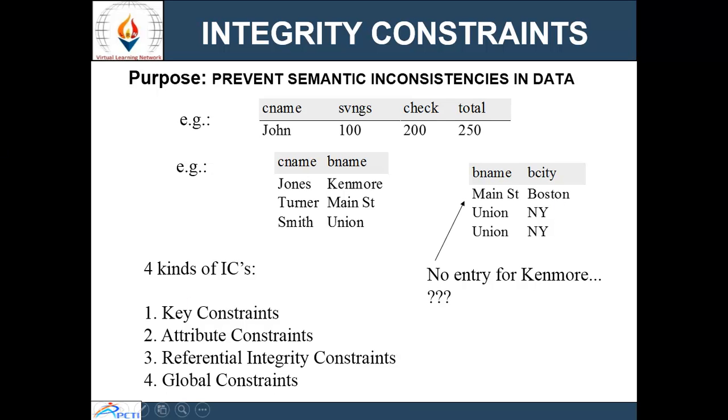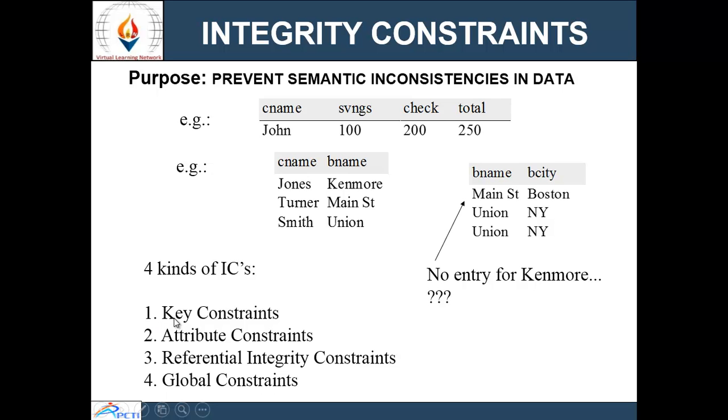For example, if we have CNAME and BNAME and BCity, and there is no entry for Kenmore in this table, then to prevent these types of inconsistencies, integrity constraints are used.